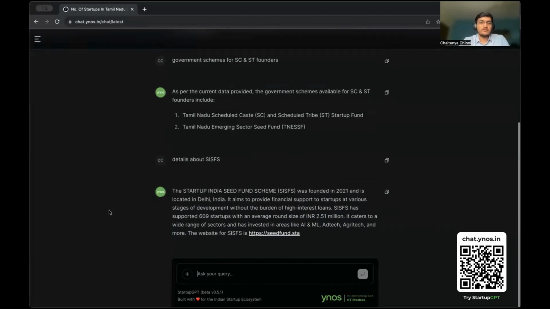So I get information on the Startup India Seed Fund Scheme, commonly called SISFS. It was launched in 2021-22, it's located in Delhi, and it provides an average round size of 25 lakhs, which is quite a lot. It has supported 609 startups so far, and it has invested in the AI/ML sector, AdTech, and many more sectors. You could even visit the website and get more information.